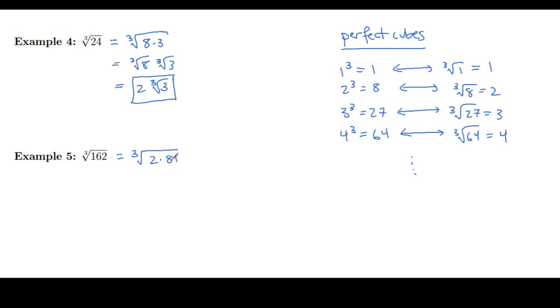Now, 81 is not a perfect cube. However, what do you see? Well, I could decompose 81 a little bit more, and that's 3 times 27, and 27 is actually a perfect cube. So we can simplify a little bit, right? Neither 2 nor 3 has a cube root, so you could write this as the cube root of 2, cube root of 3, cube root of 27, or you could leave these two combined together